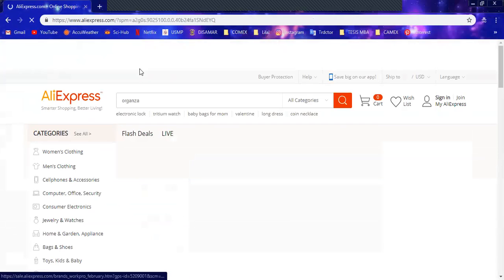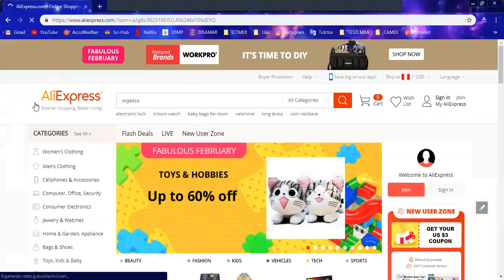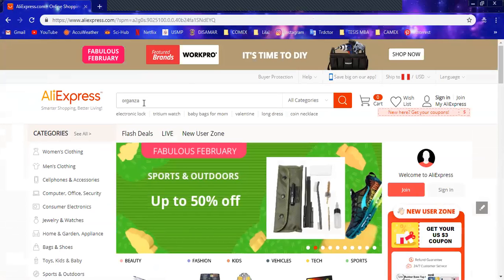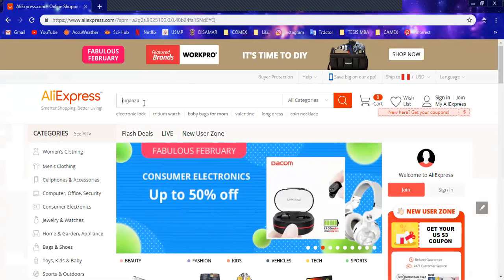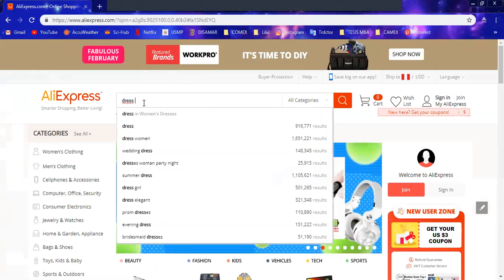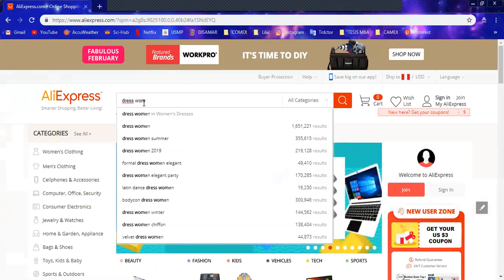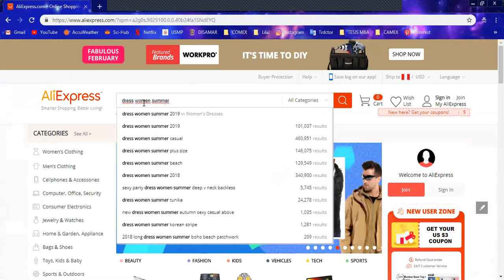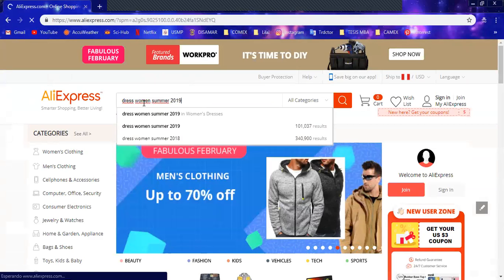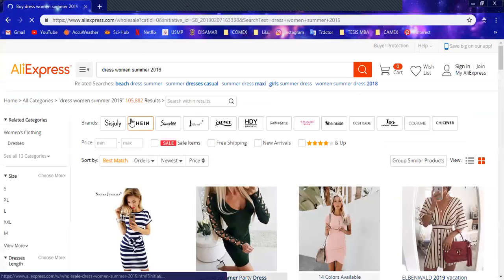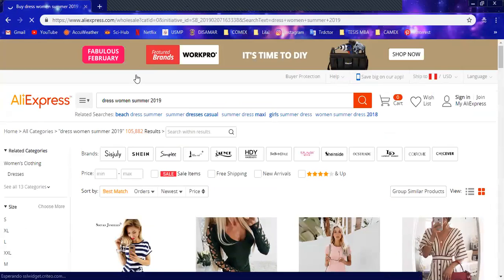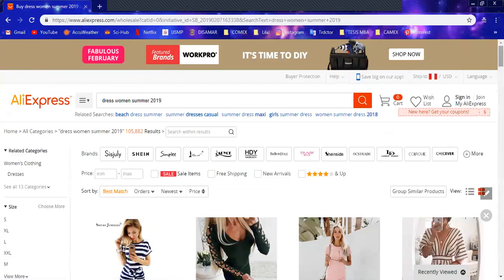We already saw how to check for our zip code. And finally, this is the way that you will be able to check for a product. Let's say that we are going to check for clothes. So let's say we're going to look for dresses, in this case for women, and we're going to look for summer, and we want the latest trend, so we can put 2019. So these are the code words that we're going to check for in our